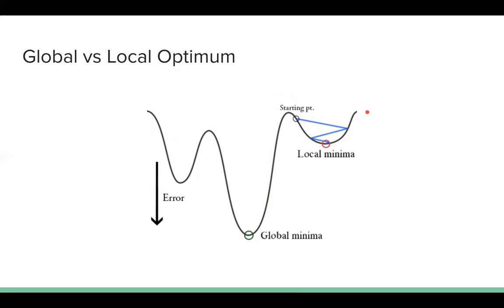The moment you get a curve like this, which is not exactly bell-shaped, the problem is that you will get a local minimum. When you start differentiating from a particular point, there is a possibility that you will ultimately settle down at a local minimum. So if you apply the same mean squared error technique in logistic regression, your model might end up in a local minimum instead of finding the global minimum.